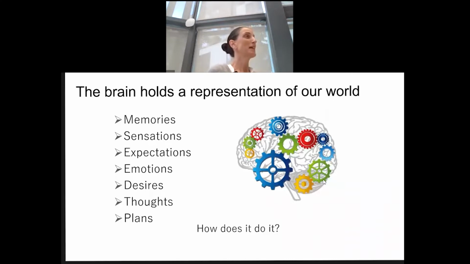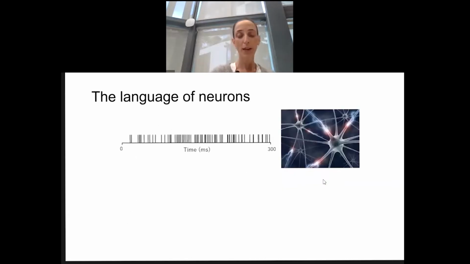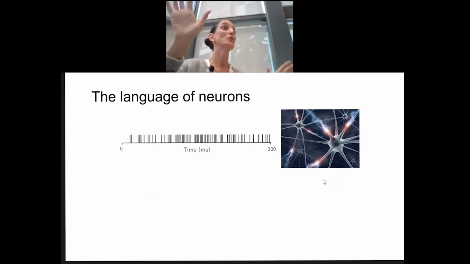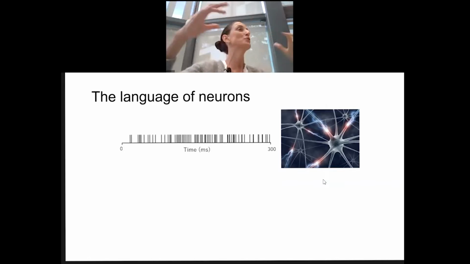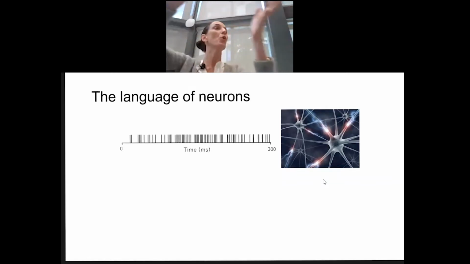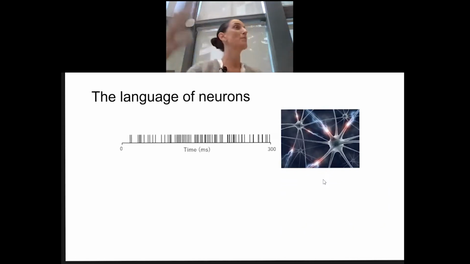Now, in order to understand how the brain does it, we first need to understand what the language of the brain is. So the brain speaks in electrical pulses, okay? Every neuron, when it wants to say something to its neighbor, it just sends zeros and ones. Tack, tack, tack, tack, tack, and that's it, that's the code, right? That's the neural code. We have no understanding of what this code is, but we do understand that the world is converted into this code, and this code is then propagated in different places throughout the brain, and then the animal or us are doing something or acting upon the world.